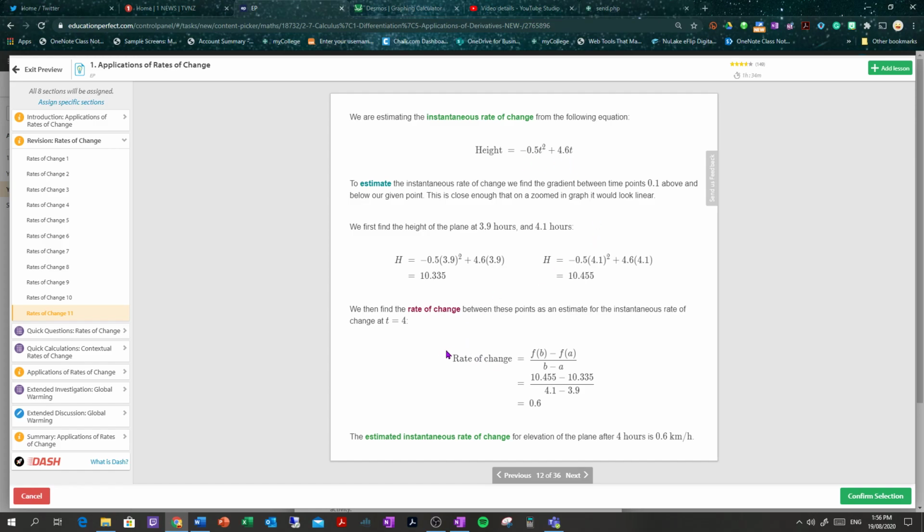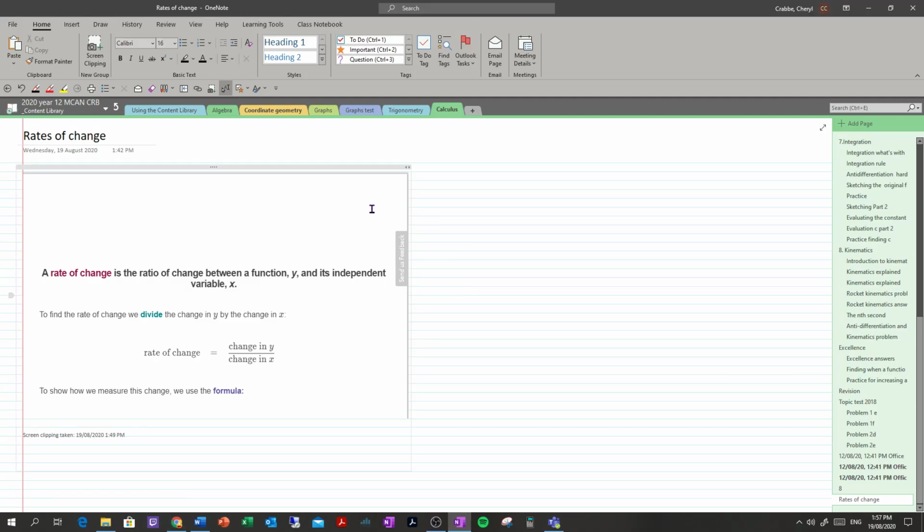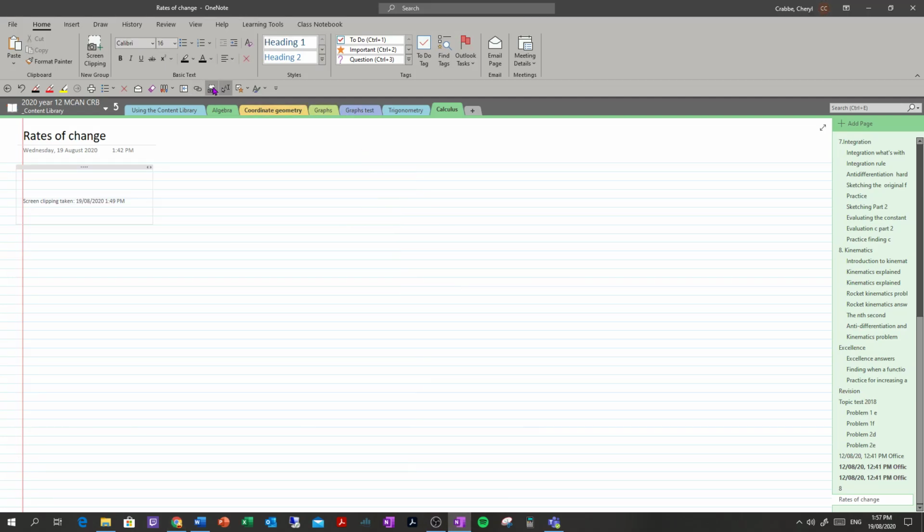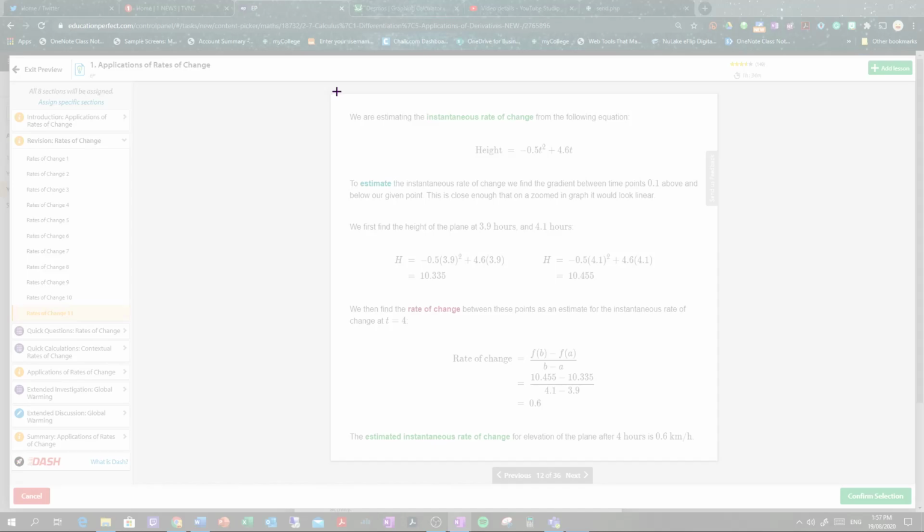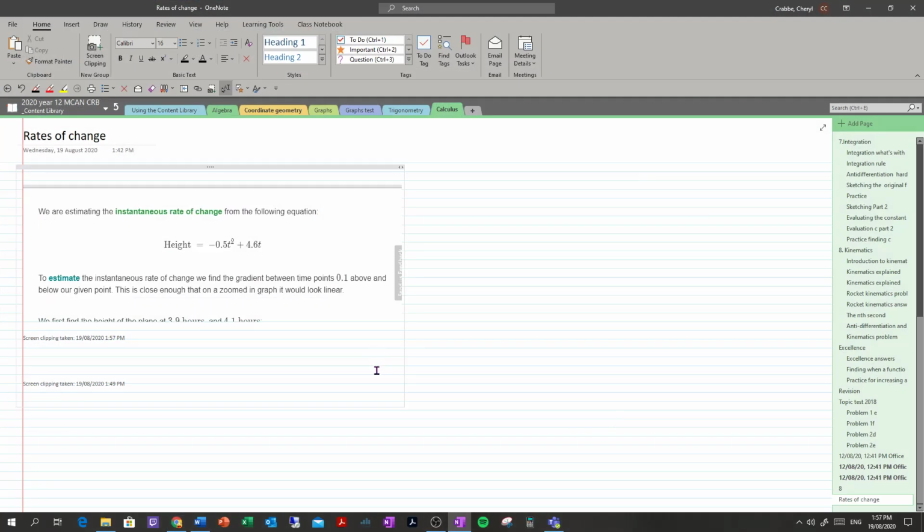There are other ways to do it with a different formula. There are first principles, there are limits, there's all sorts of things in calculus that you will do next year. But if I just take a snapshot of that slide, if you will,